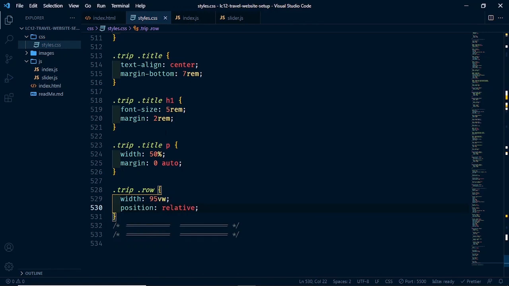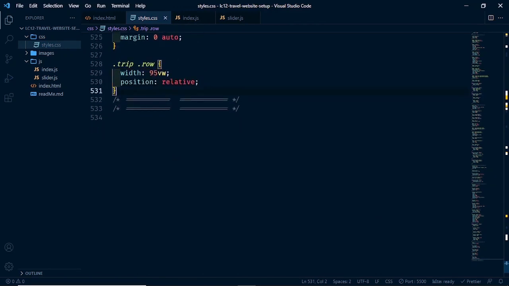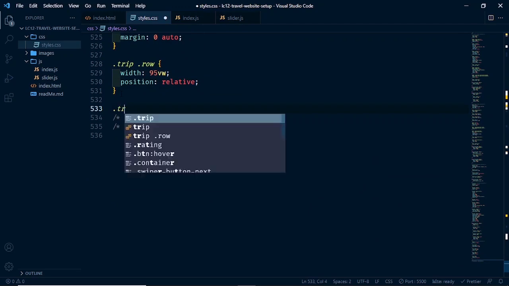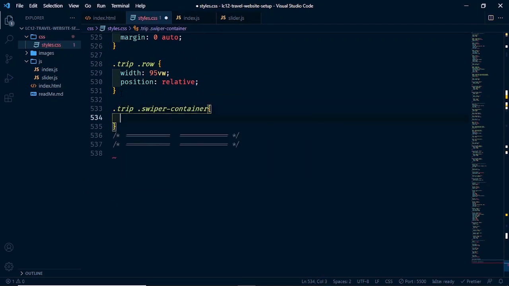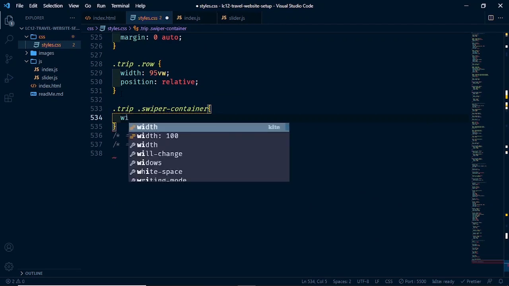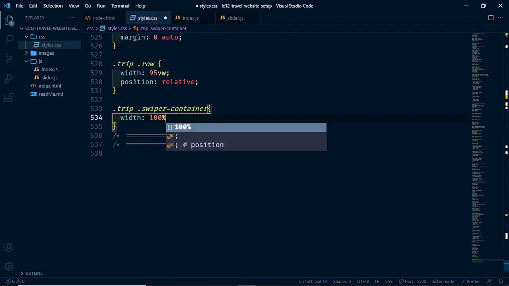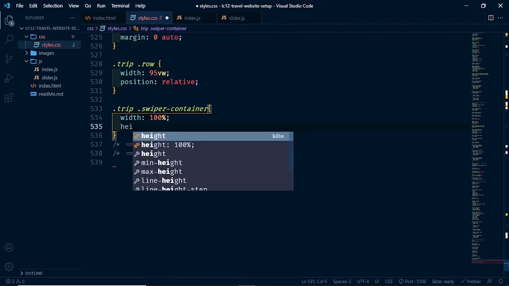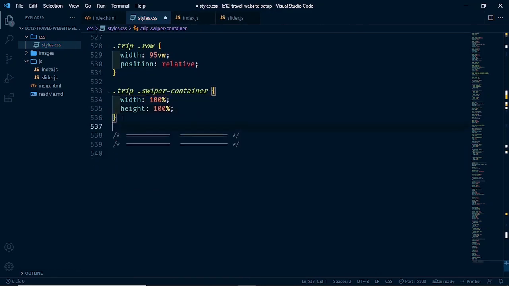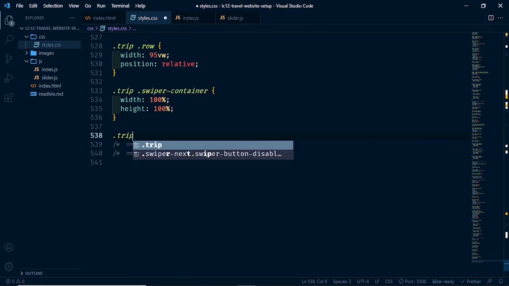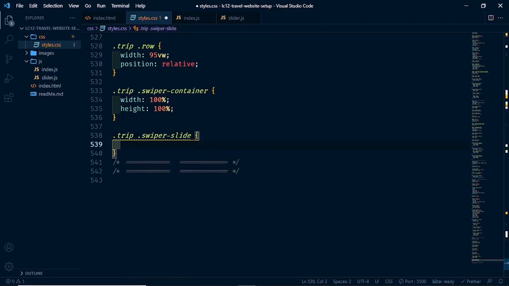Now let's get the container, the swiper container in the trip. So we say trip and we want the swiper container. Let's give it a width of 100% and height should be 100%. Now let's select the slide. So for the slide, so trip, then we want swiper slide, and here we're going to give it some background